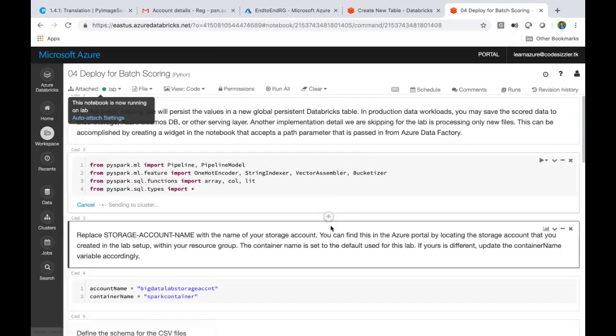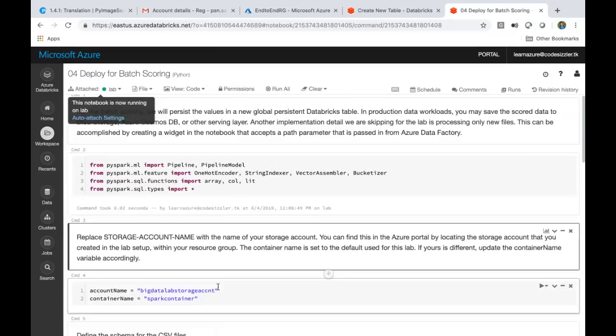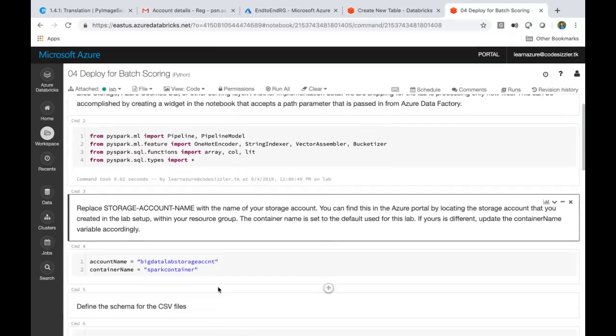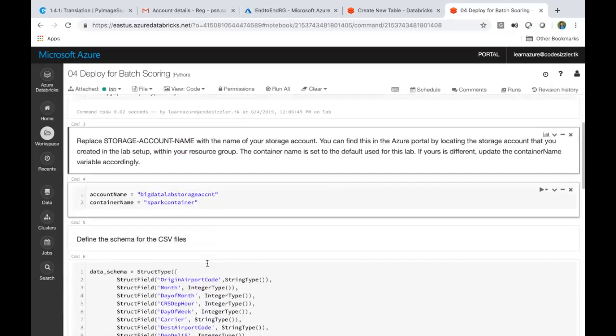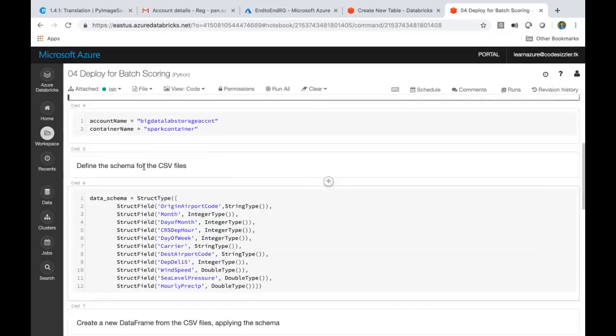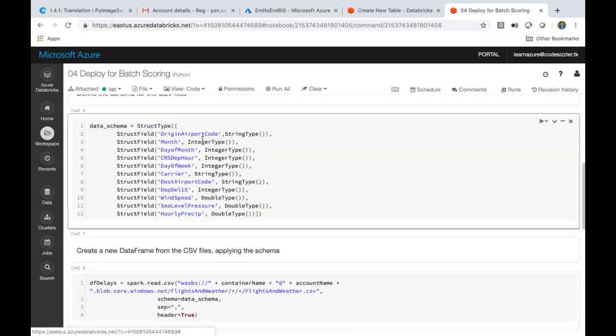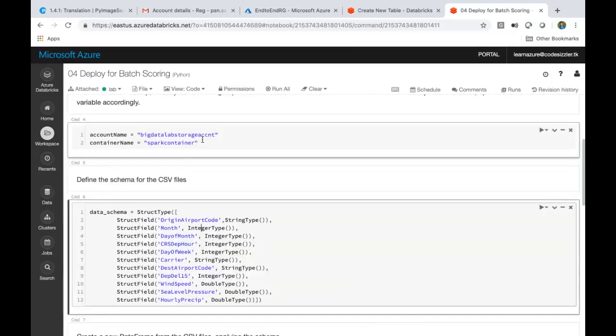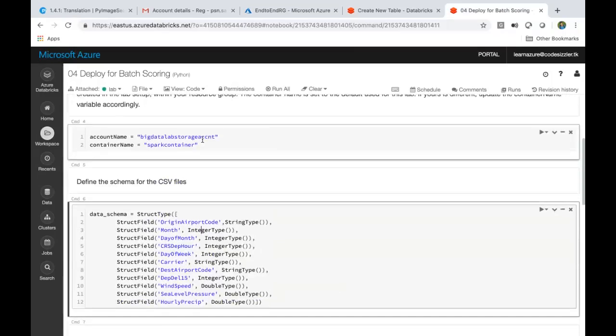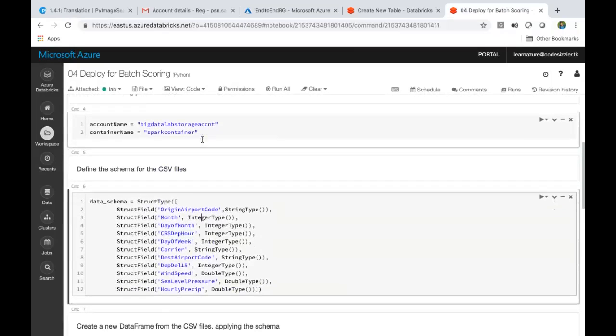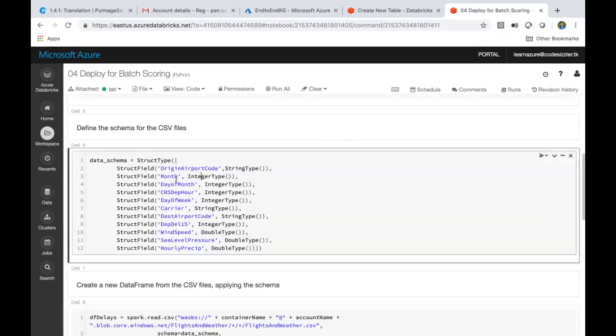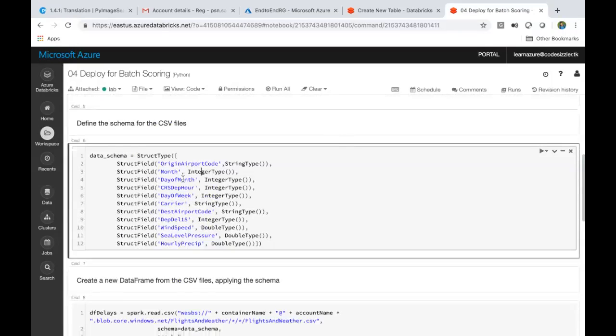Okay. So I don't want to run this. I just want to run it from my data factory. So I'll just keep it as it is here. And you see here, I'm defining my schema for this input. So I'm defining the input schema, like the file coming from a source system to blob, and from there to your Databricks account. So we can have all this schema defined here.